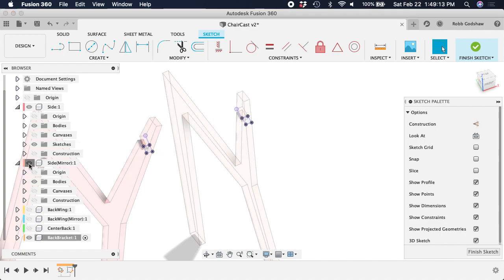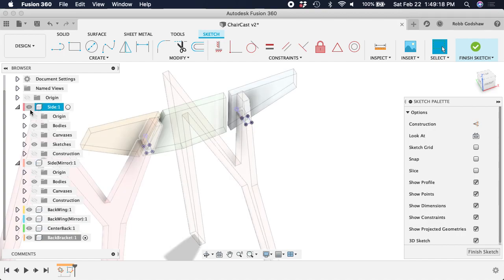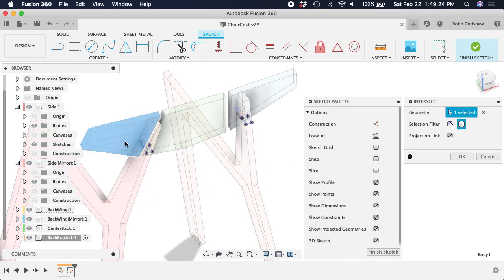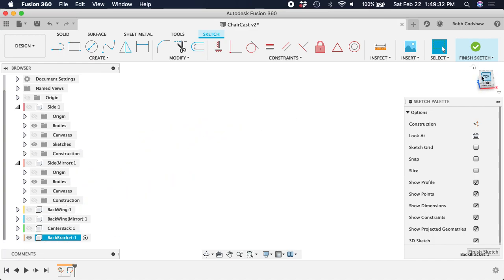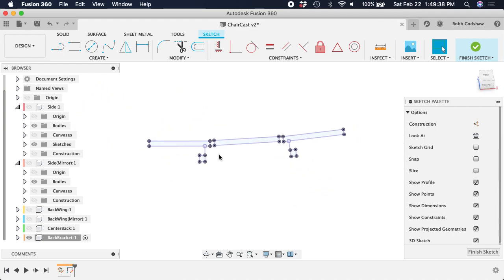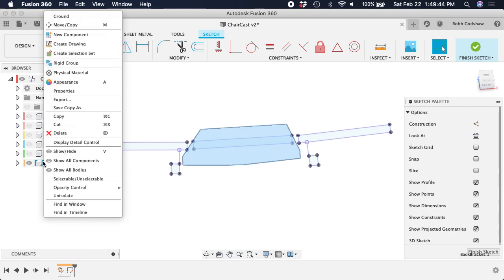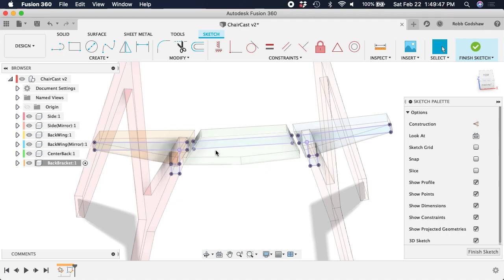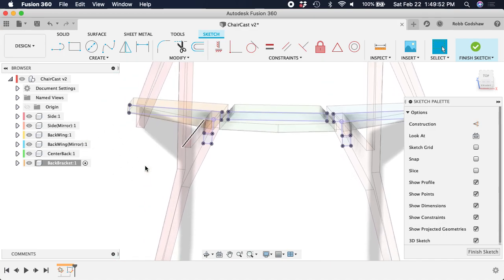So now, if I hide everything else, didn't I? Oh, I had to do it twice, sorry. Intersect. Isolate. So now I have this geometry, which is like all the stuff from the chair. If I unisolate, you can see this is like all the two-dimensional places where the chair hits. So I can now make a bracket type thing that's like